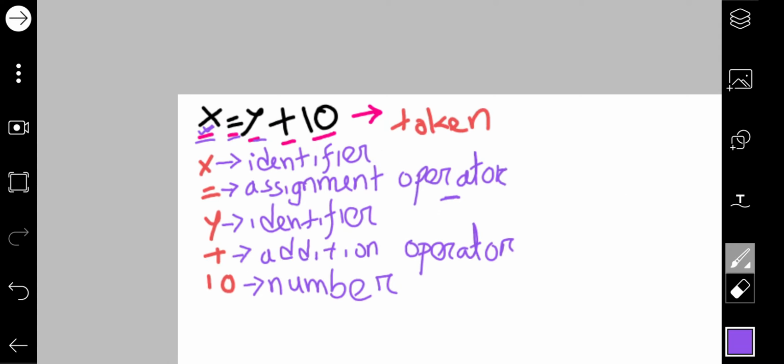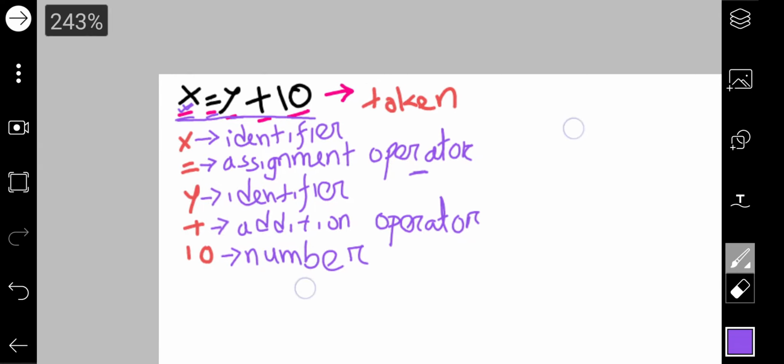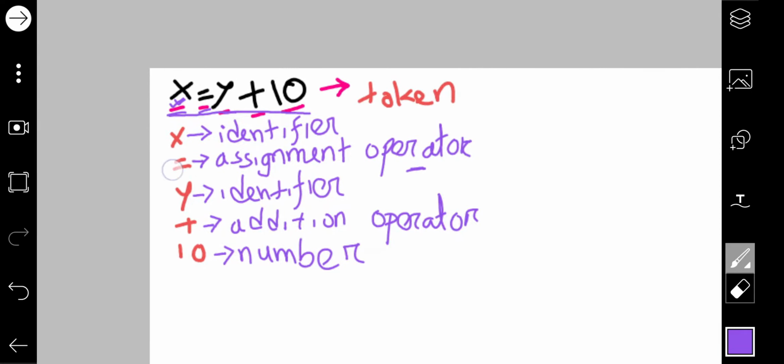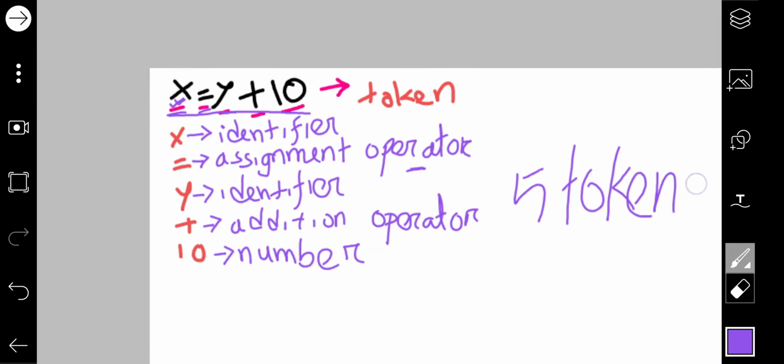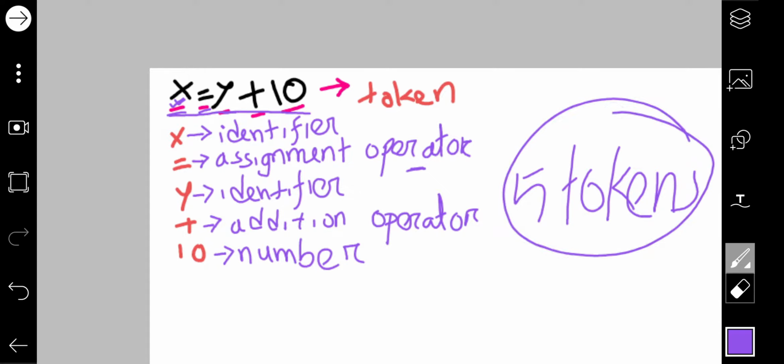So when I write this simple line of code, x equal to y plus 10, how many tokens have I found? 1, 2, 3, 4, 5. A total of 5 tokens. After going through the lexical analysis, it will divide the entire line into 5 tokens, and it will also tell us the description of each token, what each of these tokens means.